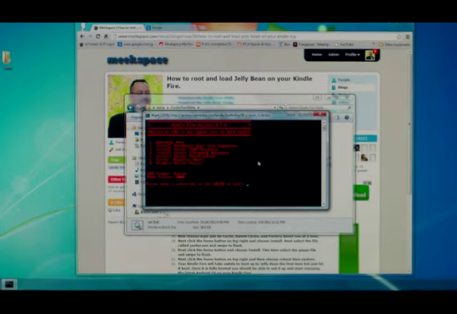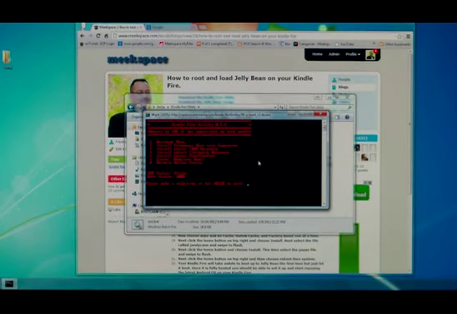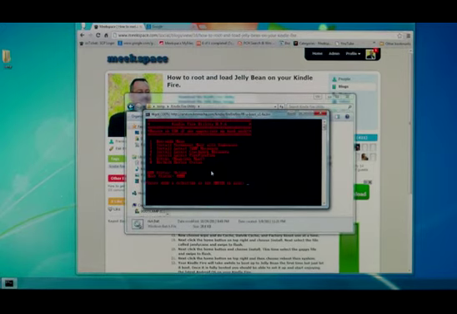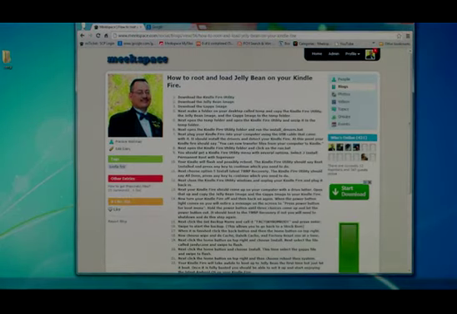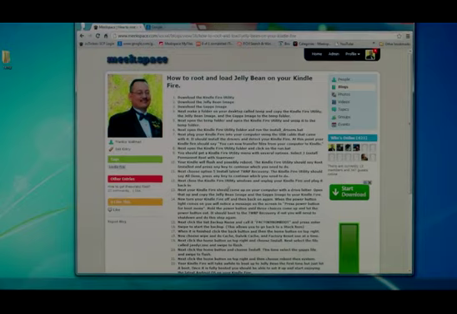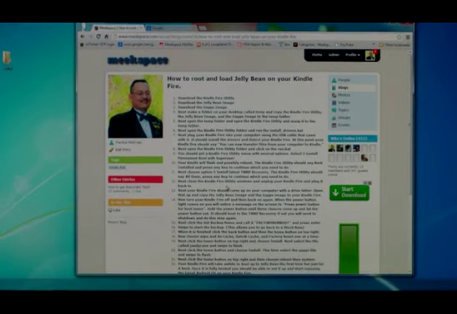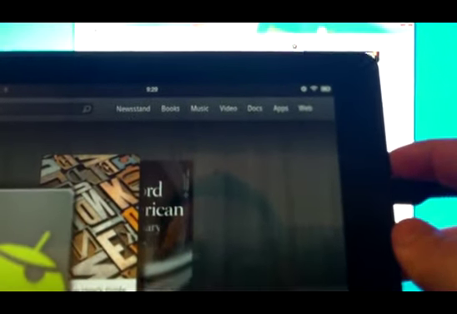And at this point, really all we need to do, we're done with this menu. You can go to number 3 and install the latest TWRP recovery, but you don't really need to do that because I think it installs the latest one during this whole process. So really at this point we can just close down these menus, and you'll need to go back to your instructions and read, but the next thing we're going to do is go ahead and shut the device off. So we'll hold the power button in and shut it down,